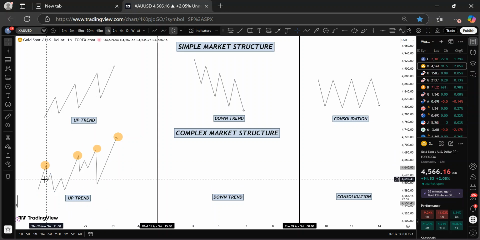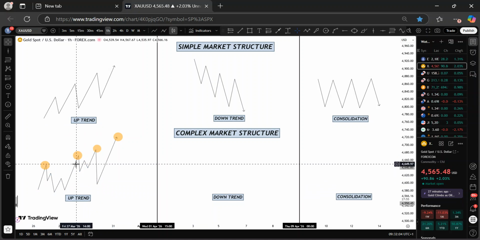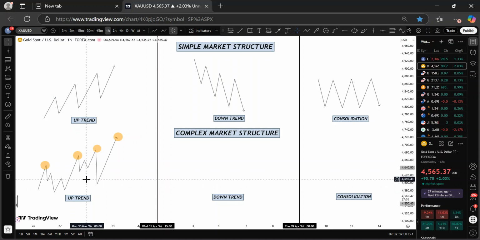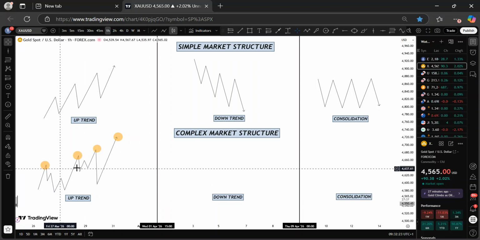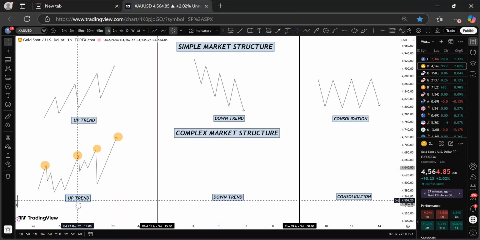traders get confused when they start seeing things. They'll be like, okay, the market is in a downtrend, market is in an uptrend. No, it is because they don't understand the time frame that they are in and the direction of the market. So they tend to confuse it being the full or the original direction of where the market is coming from or where the market is going to. So this is what a complex market structure looks like for an uptrend.